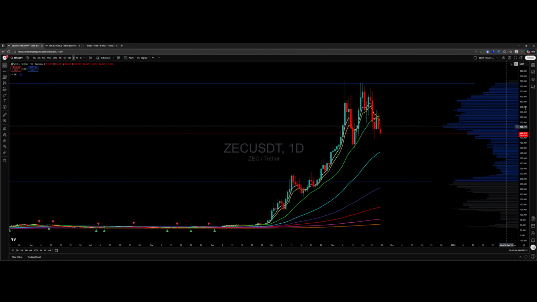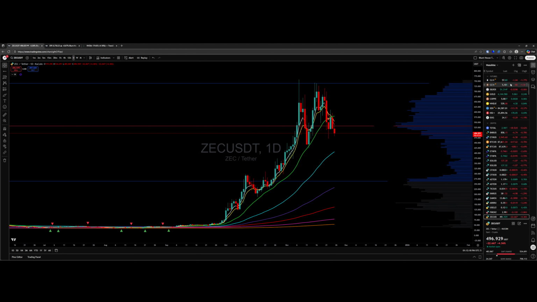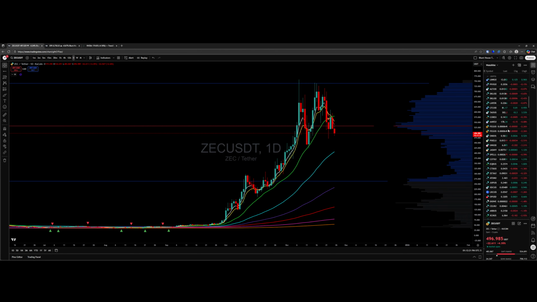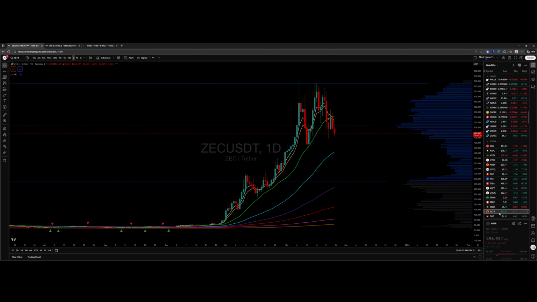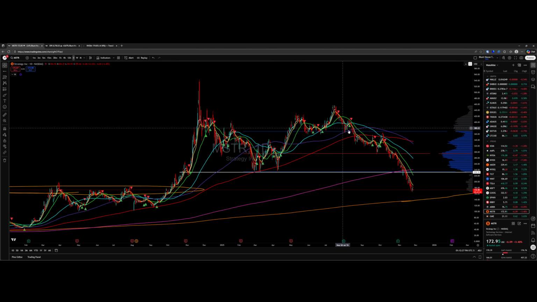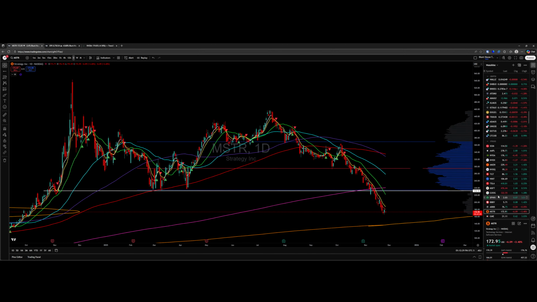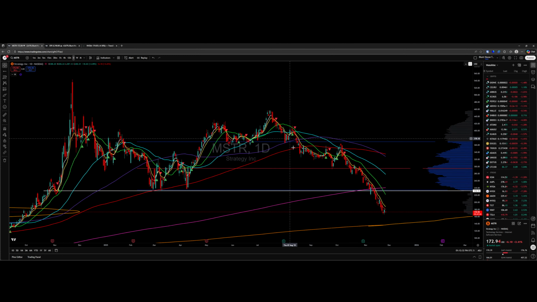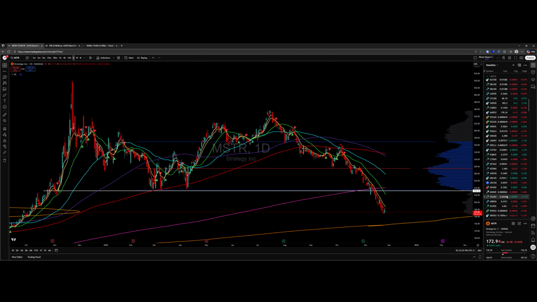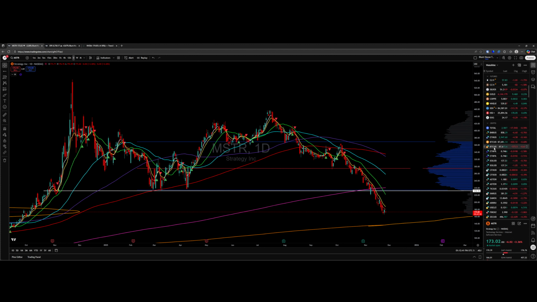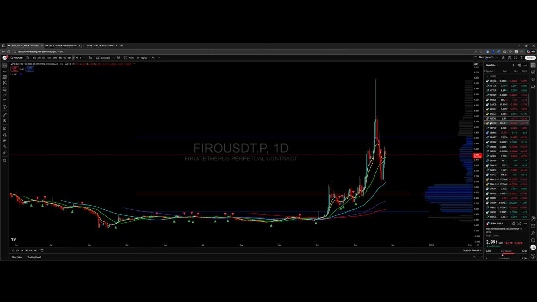And does this not frame in a range? Yeah, it does. And by the way, does this look any different than, for example, what we just looked at here? No. I'm not suggesting that Zcash is going to do that. All I'm showing you is how it happens and why it happens. Everything's technical at the end of the day. It's a representation of what money's doing in real time. It's about what money's doing, not what people are saying. And that's all that really matters, what the money does.